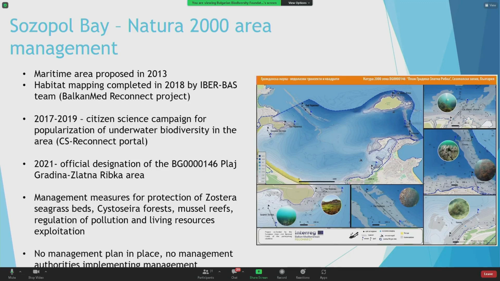Unfortunately, there is no management plan in place, actually. It's, as we call it, a paper MPA. It's only really on paper. There's a map, there are rules, but there's nobody really to apply these rules and to manage that area. But maybe the only really good thing that happened was this wastewater treatment plant. Really, it showed that these kind of active measures can really help to recover and improve the marine ecosystems in the coastal zone.